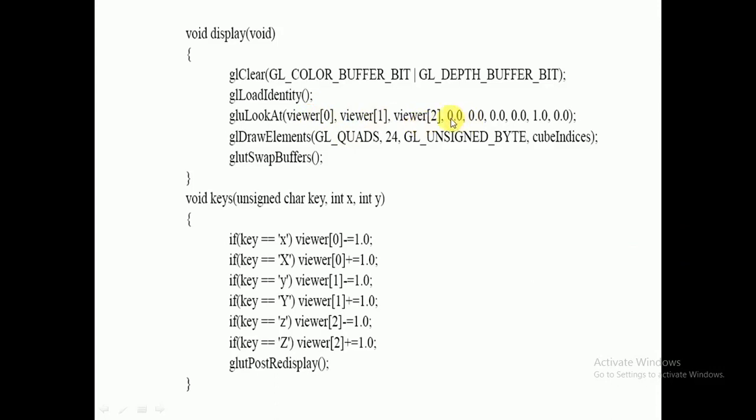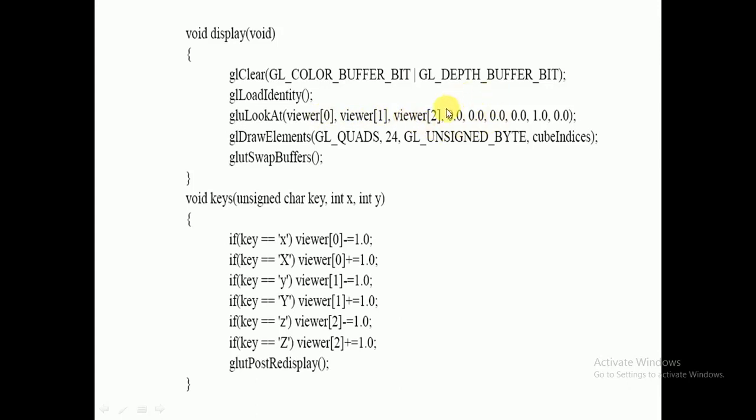Then this is look at. Where are you looking? You are looking at the origin of that cube, exactly the origin of the cube where you have drawn it, meaning 0, 0, 0. This is look at, and the earlier three parameters are the camera position. They tell where you are keeping your camera: at X 0, Y 0, Z 5 units away from the origin.